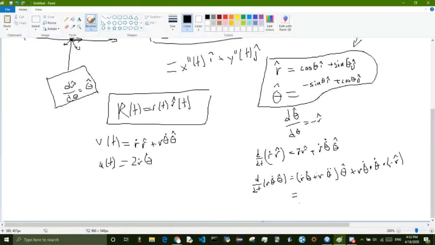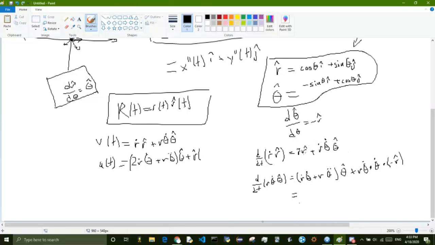So we just add our like terms together. This is r dot theta dot, and there's an r dot theta dot here. We can add them. We get two r dot theta dot plus r theta double dot. And again, all of this was in our theta hat component. Now we simply add our r hat components. So this is r hat times